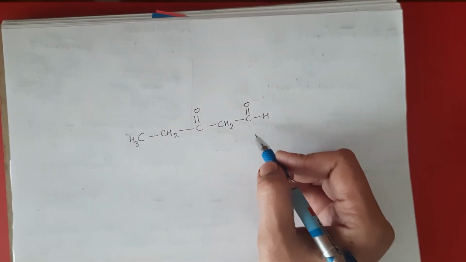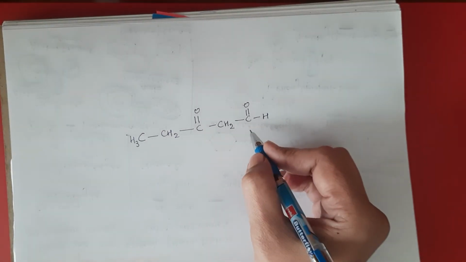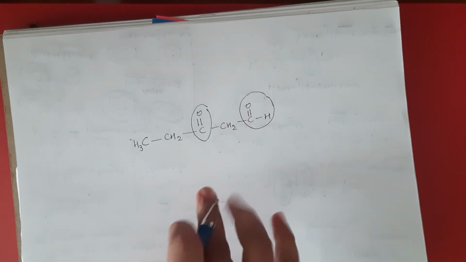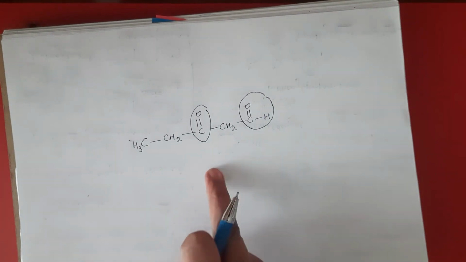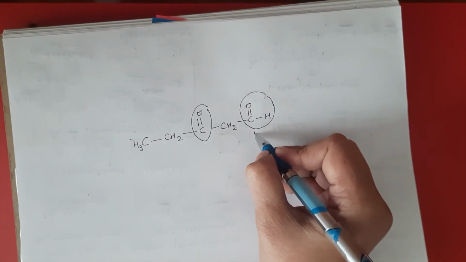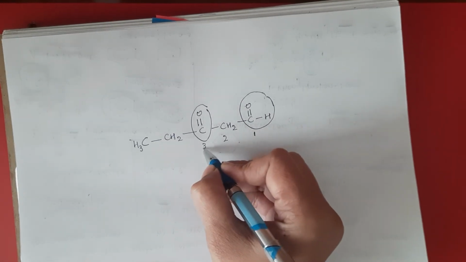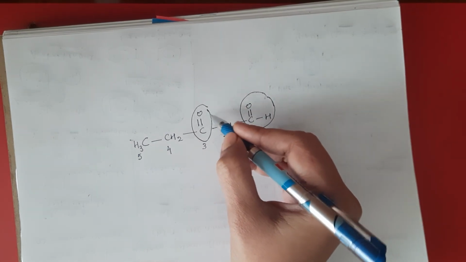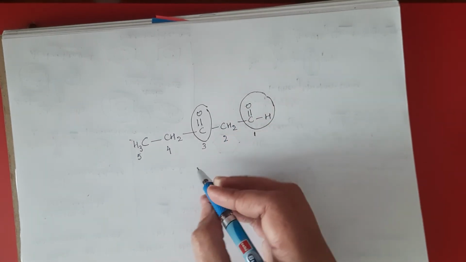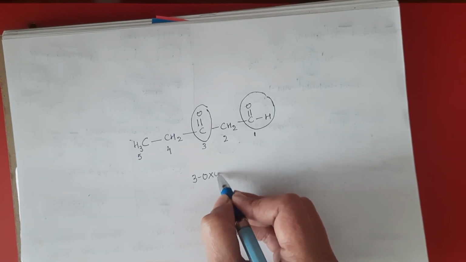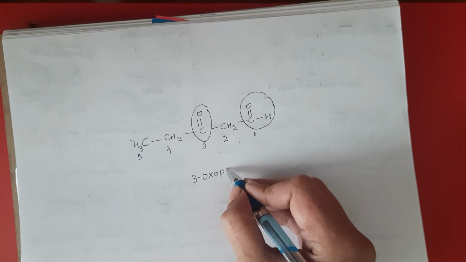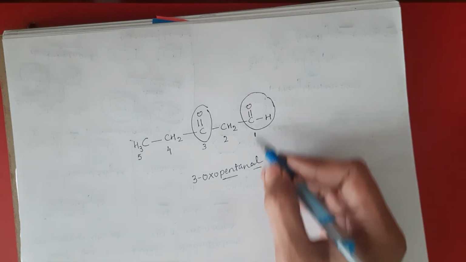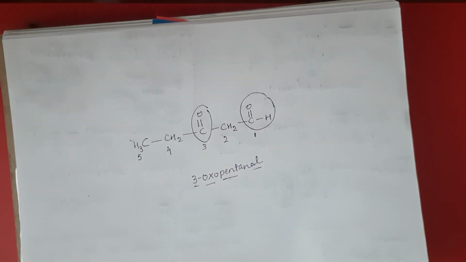Here, this is one example which is from your NCERT book. Here you can see both the ketonic group and aldehydic group are present in the same compound. So how are you going to write the name? You have to start numbering from aldehyde, 1, 2, 3, 4 and 5, and we use oxo for ketonic prefix. So here we write 3-oxo pentanal. Pent is for 5 carbon, Al is for aldehyde, and 3-oxo for ketone.